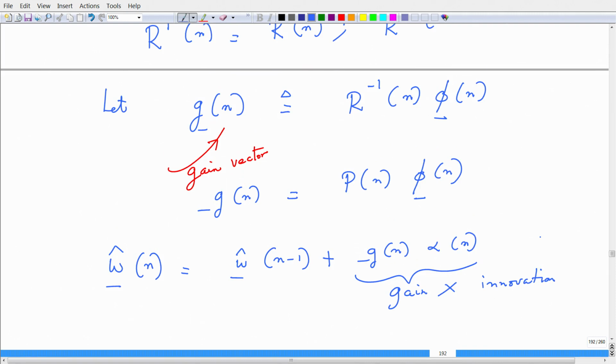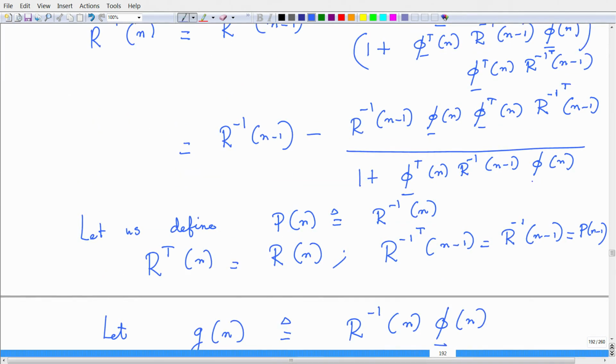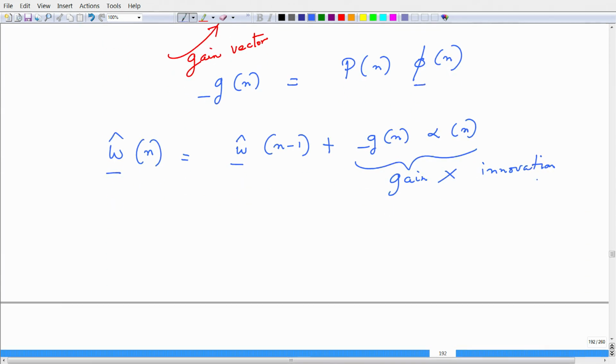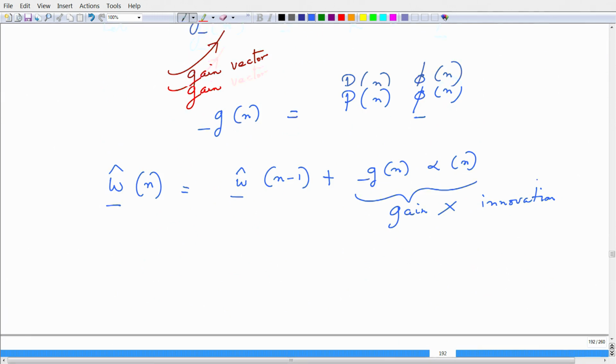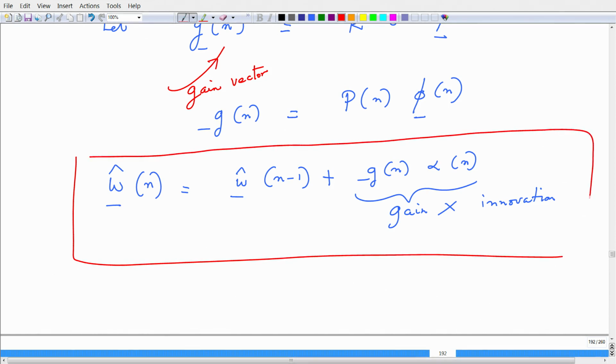So just have to make sure that I have all these underscores for these vectors that I do not miss. So okay, I had missed one here, so we have this complete. So I think this is the update, and with this we are ready to summarize the algorithm for recursive least squares.